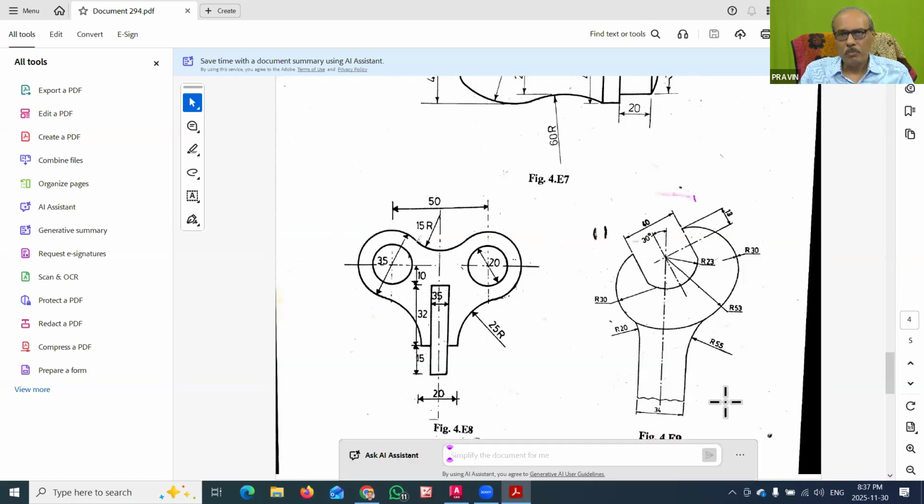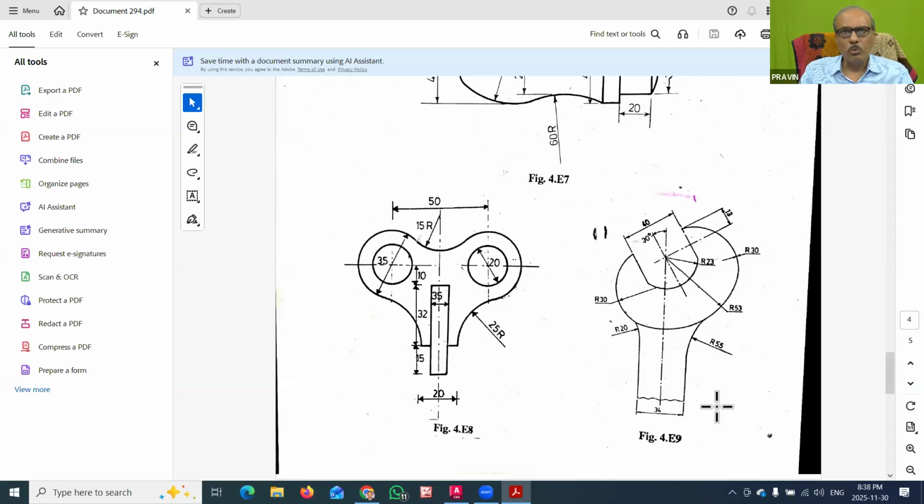The most important thing in AutoCAD is that whenever you create any drawing, either a building drawing or any object drawing, it should be with the proper dimensions. If you are not creating a proportionate or dimensioned drawing in AutoCAD, then it is of no use. So we have to see that whatever dimensions are given are properly followed, and accordingly we should be able to draw that drawing. One by one we will look forward.